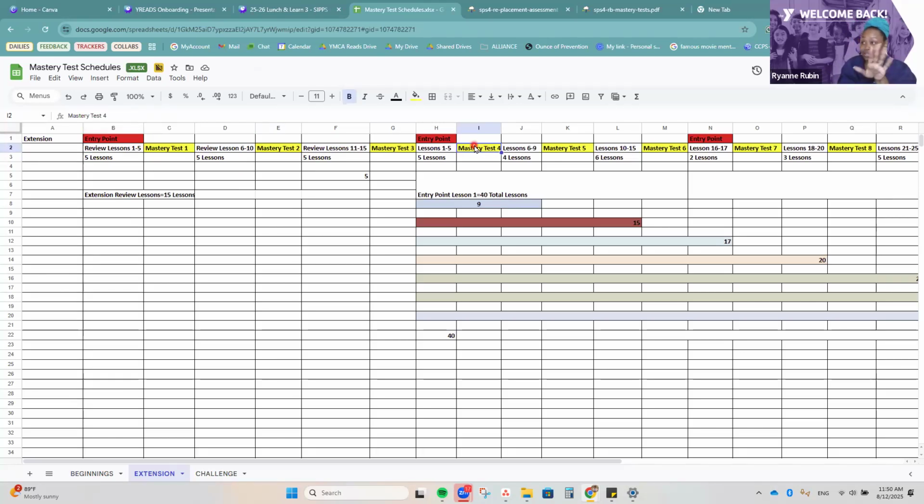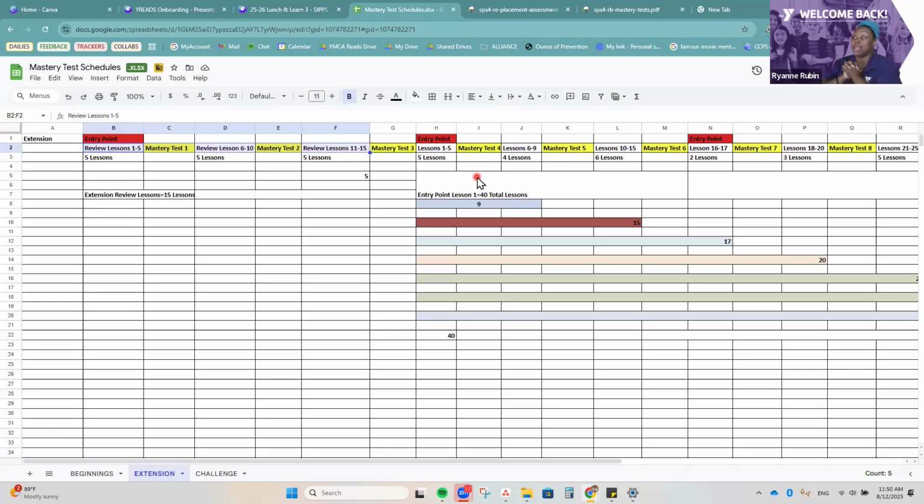The reason why I say that is because extension starts with review lessons. And so it's easy to mix up review 1 through 5 with 1 through 5. So pay close attention to that. If you put it wrong into your data, it will mess up your whole system. And it will also cause your data to be off, and things will have to be removed by Ounce. That's a whole other story. We'll talk about all of that with Ounce later, but make sure you're paying attention to when they're supposed to